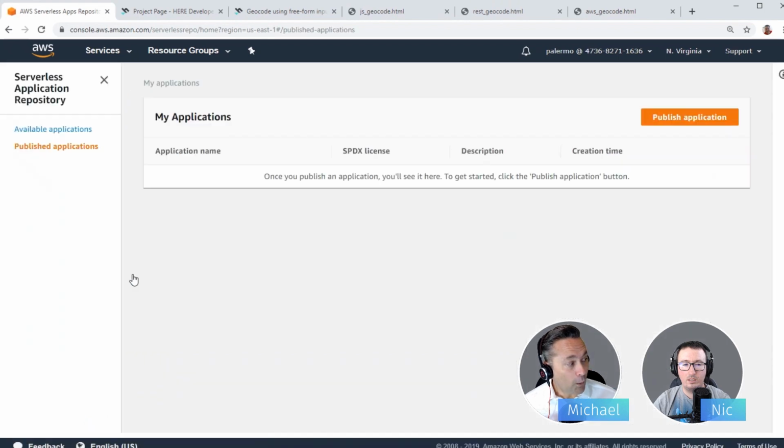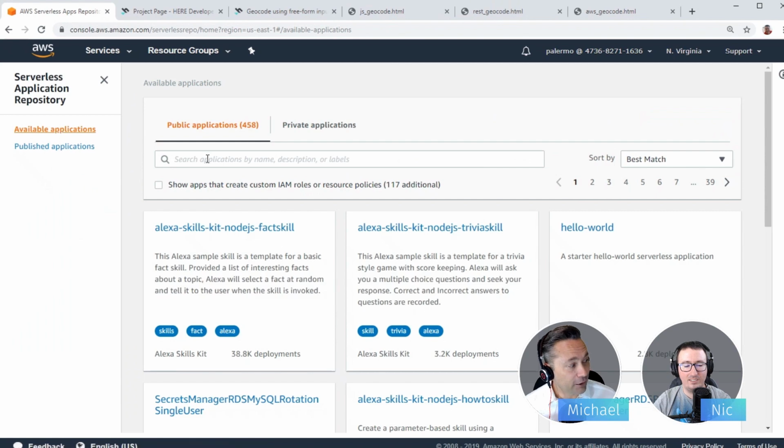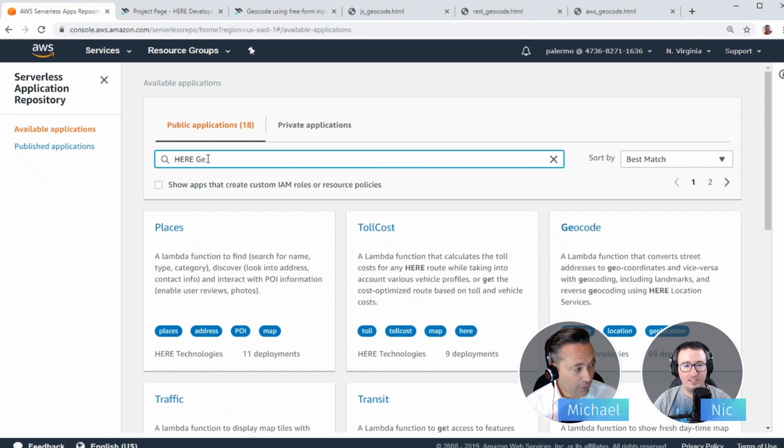And then what we see here is, of course, the repository is interesting. It's an area that I can publish my own applications to share with the world, or I can go see what the world has published that I can use. And what I'm wanting to do is not to look under my applications, but I want to look under available applications. And from here, I'm going to search for Geo